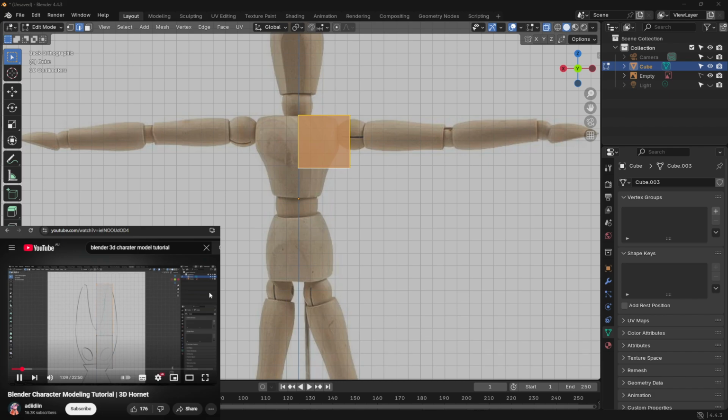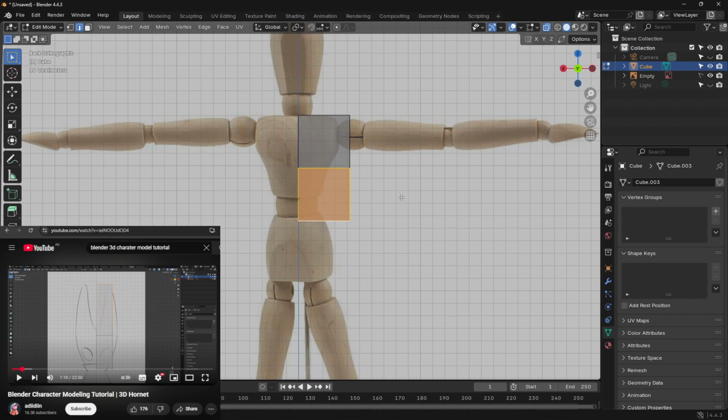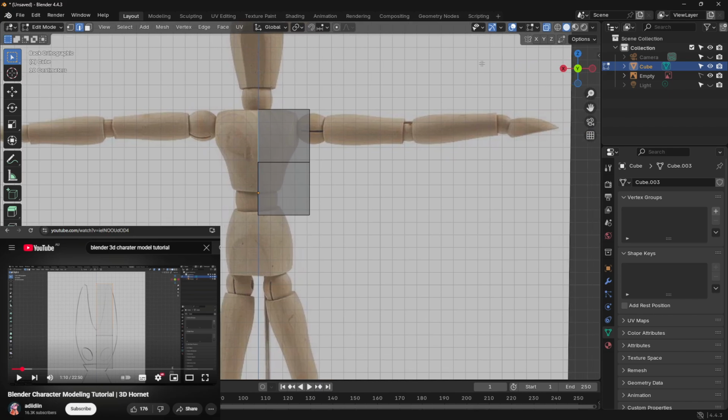Select these and E to extrude it up. Remember that we're still on X-ray mode, so you can still select the verts at the back. Add two